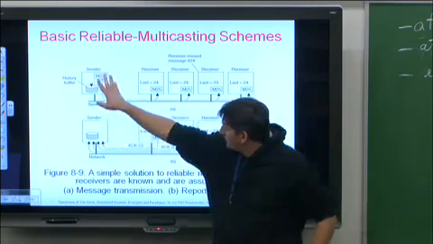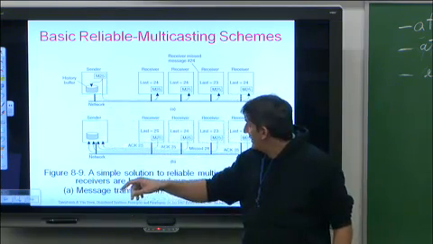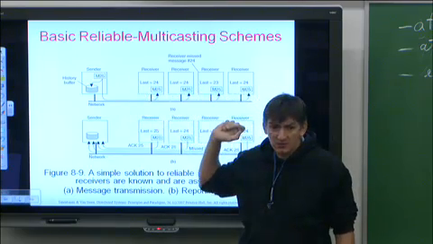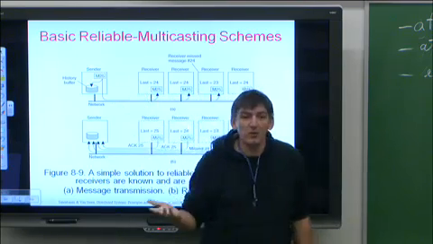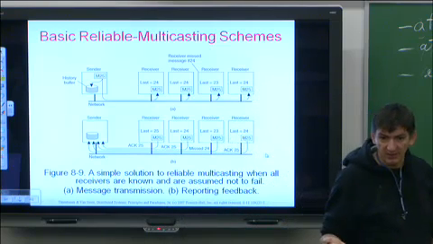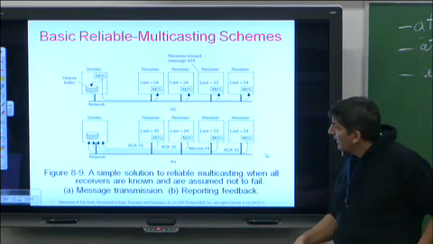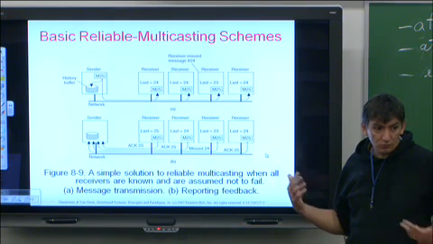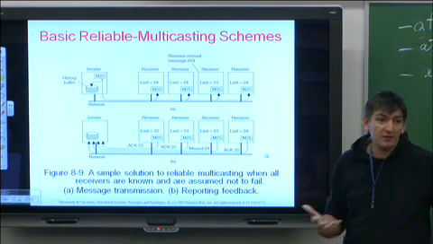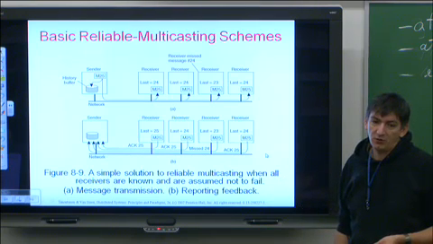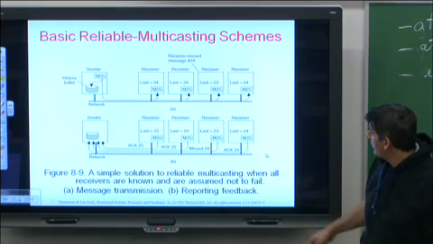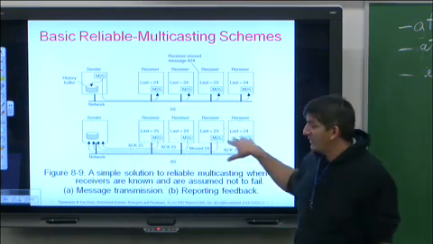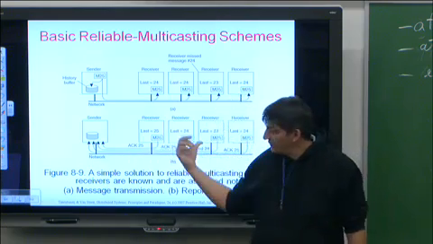The sender is going to send the multicast, and essentially the multicast will result in all the receivers receiving the message. But of course, the sender doesn't know which receivers got the message and which receivers didn't, right? So the question is, what information do you need to send back to the sender to make sure that, for example, you have a full implementation of something like atomic multicast? Now, an obvious solution would be to send acknowledgements. But look, if you have a multicast that has many, many participants, you get one acknowledgement for each of the